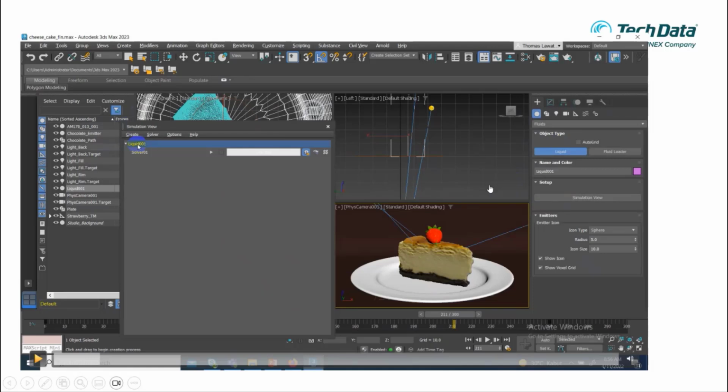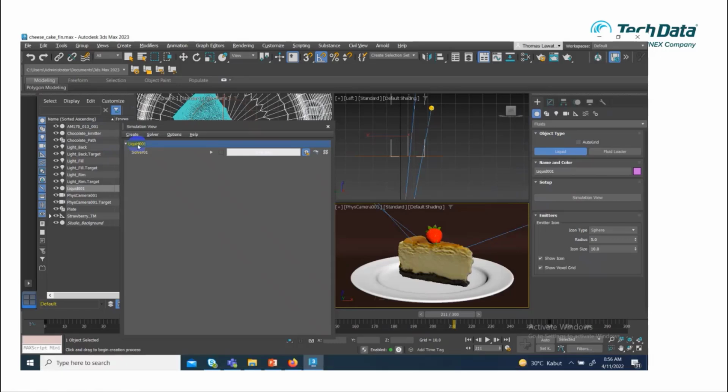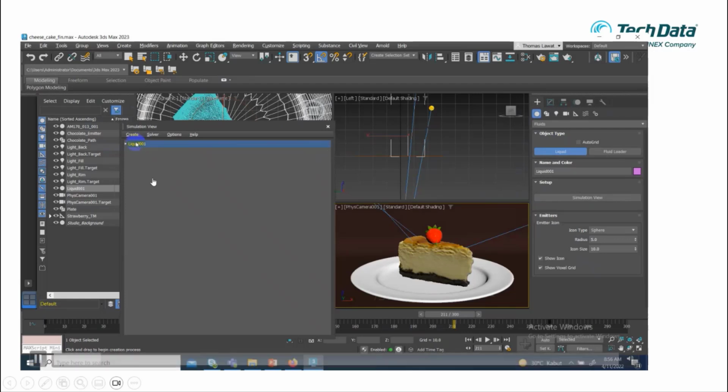sometimes when we create something complex, be careful because it can be a bit slow. Even if you're using a plugin that comes with 3ds Max, it's still the same for the simulation. Let's say this is the simulation view.